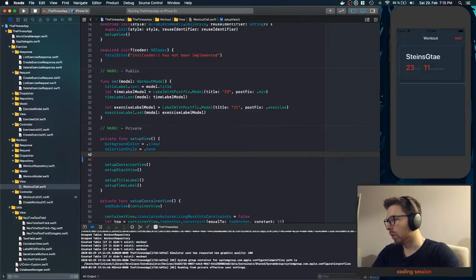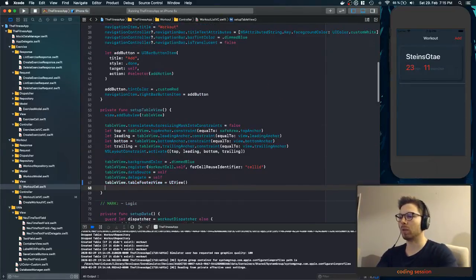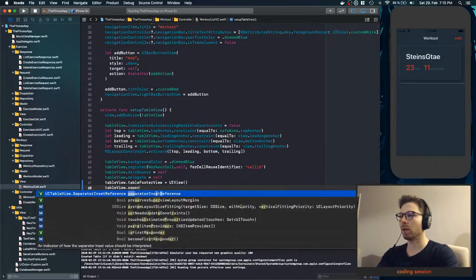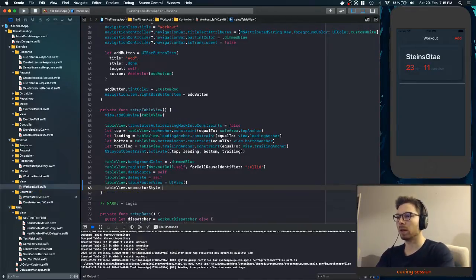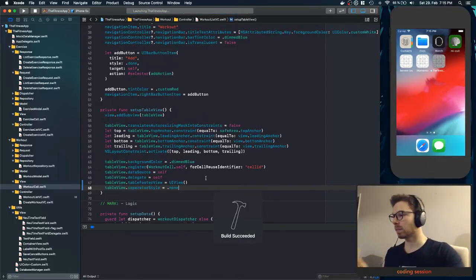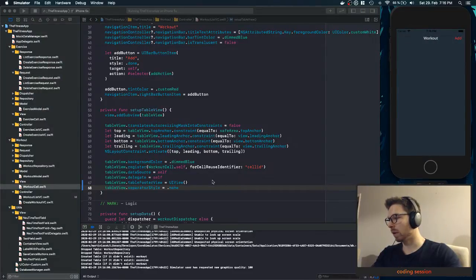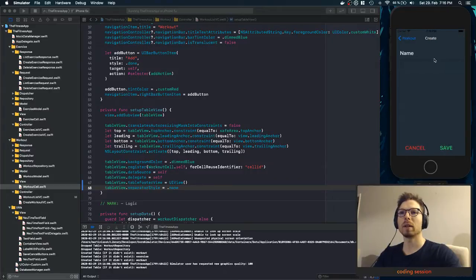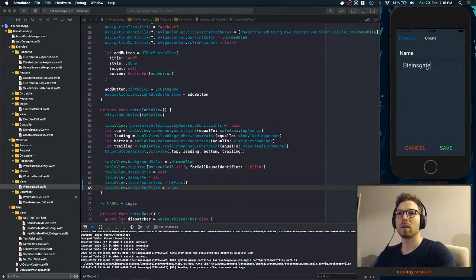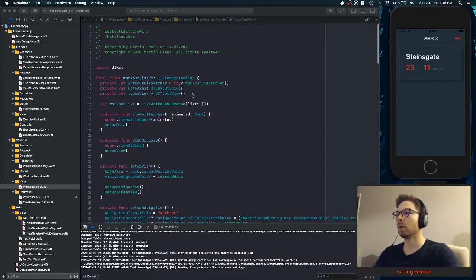So table view. Oh, nice. Thank you, Nathan. So it's table view then as well. Table view separator style none. All right. And for the grid, use style grouped with init the table view when editing the table view. Grouped. All right. Let's save it. And there we go. And when you say right here